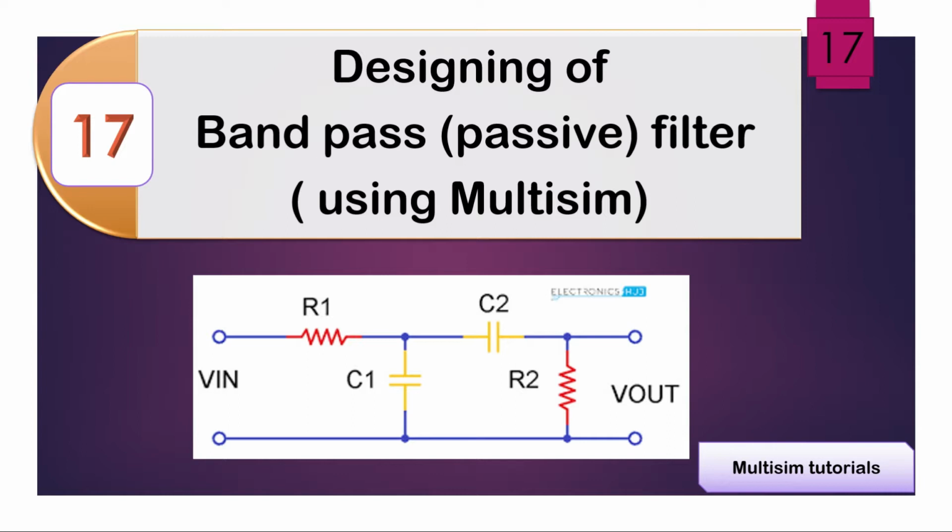So till now, we have discussed the passive RC differentiator and RC integrator circuits, how the integrator works as a low pass filter, and also how the differentiator circuit works as a high pass filter. So in the past two lectures we saw that. Now in this session, we will see how a band pass filter works with the help of passive elements.